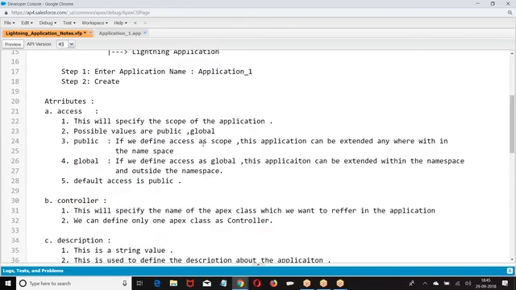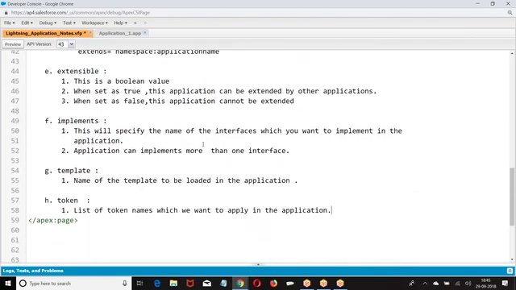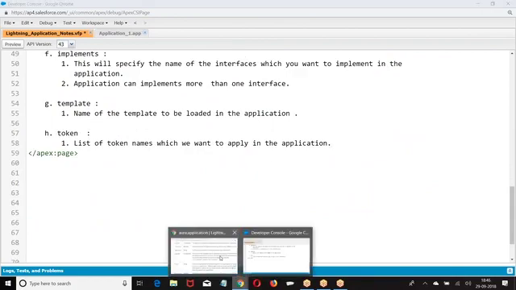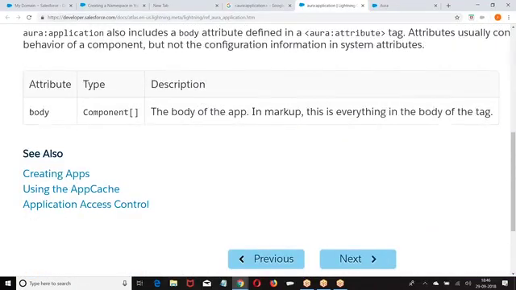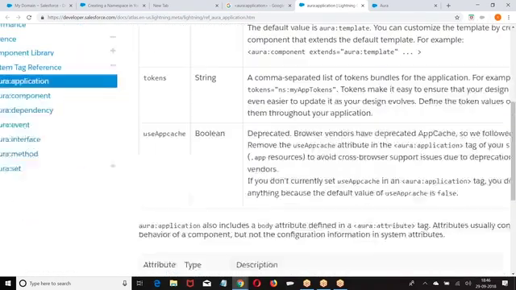As of now, I hope you are good with this. Access, controller, description, extends, extensible, implements, template, token. Now, by default, the body is referred to as body. What is that body? Application body. In case you want to apply any specific rules for a body, we will use an attribute called body. The body is a combination of components. I hope you are good with this, right? So this is the first one what we have.